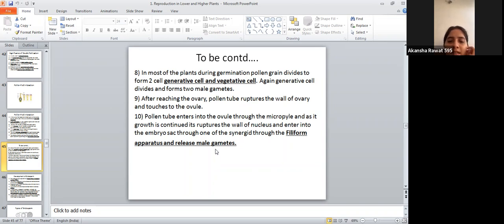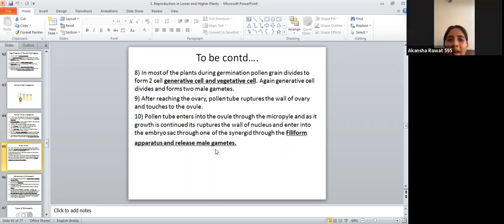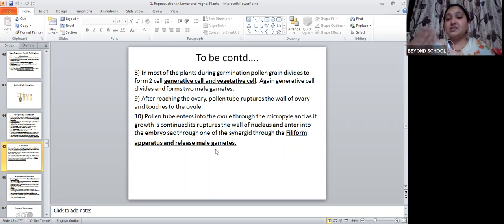Whenever the egg cell and synergids are playing a role, we all know it is called the egg apparatus. But whenever we have a filiform apparatus, it means the synergids have played a role. And after that, what is going to happen? Already the male gametes are present, and those male gametes are going to be released into